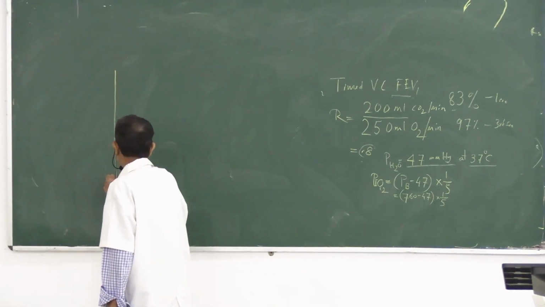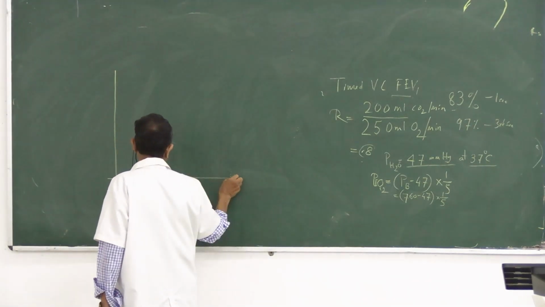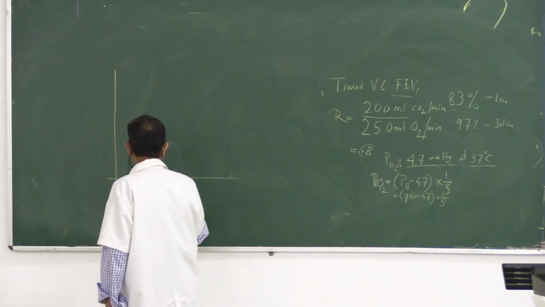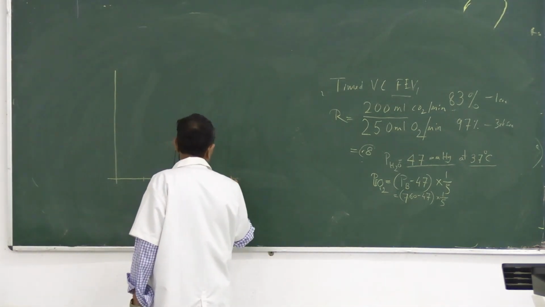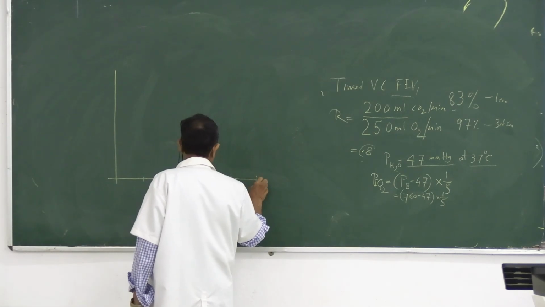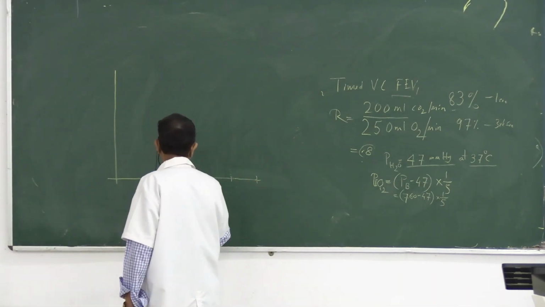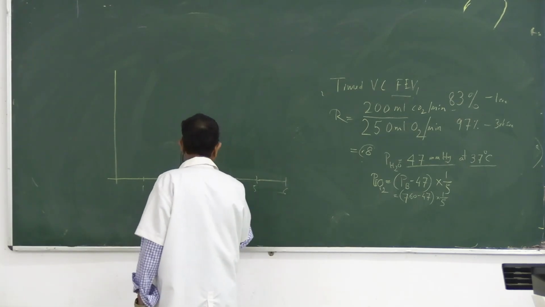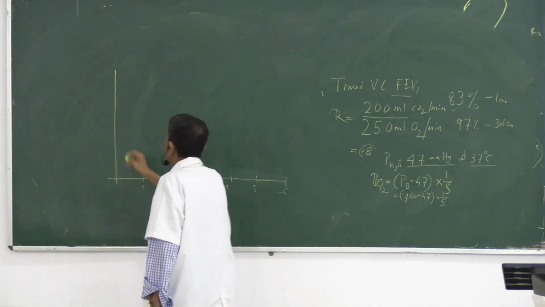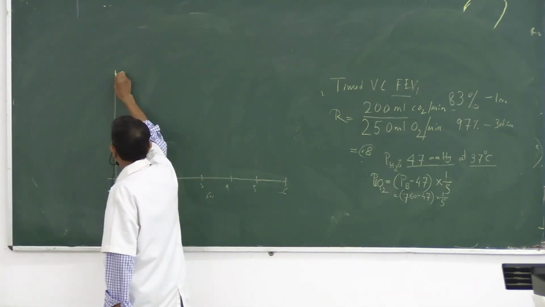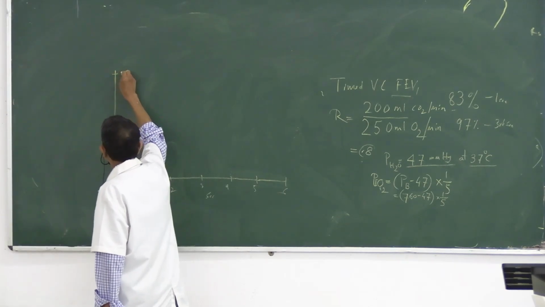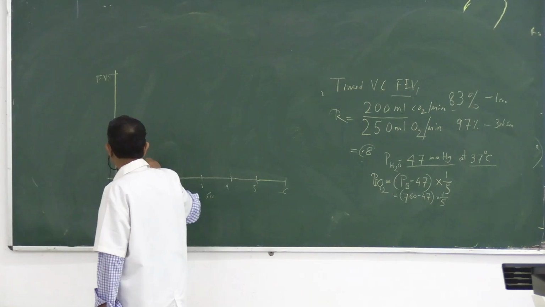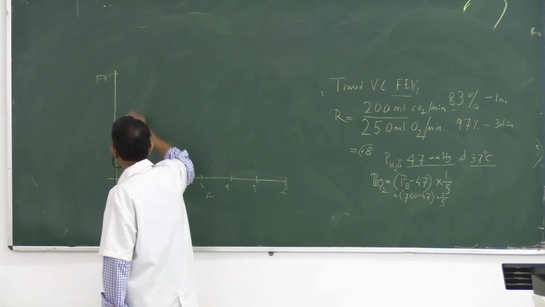FEV1 FVC ratio. Second, suppose it is this value of FVC, forced vital capacity. Normally,